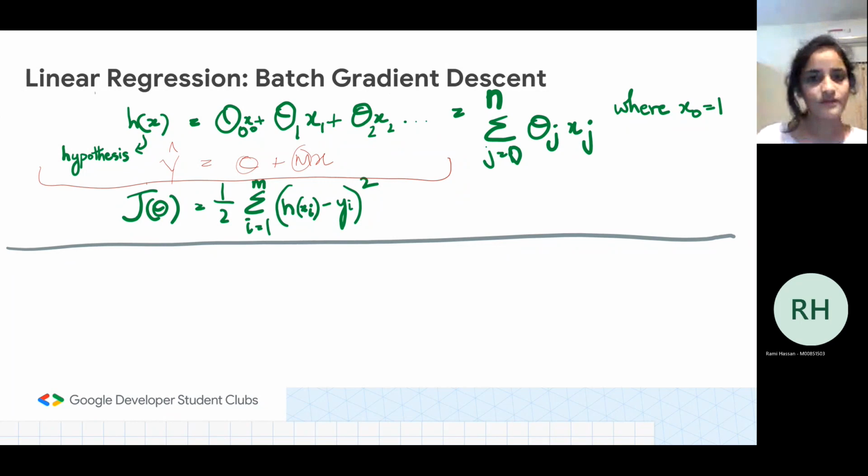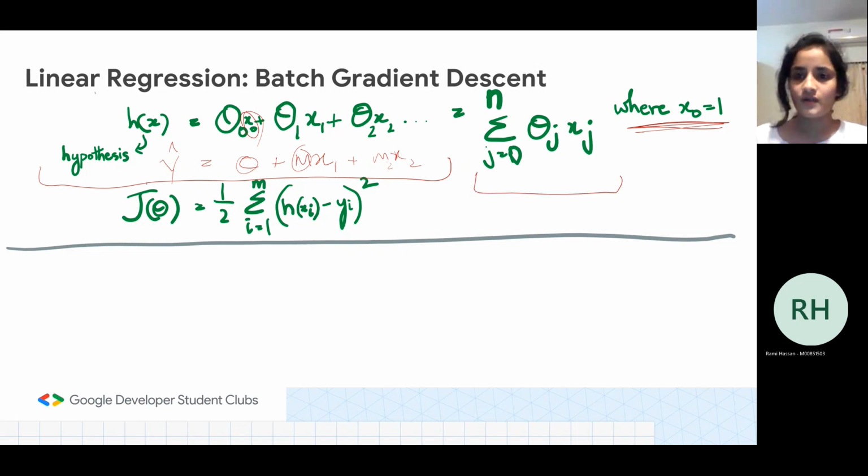So instead of x, it will become x1, x2, x3. So our equation is going to extend to m2, x2, m3, x3, and so on. That's what I wrote up here: theta 0 plus theta 1 x1, theta 2 x2, and so on. You might ask, what is x0? Because the first one, c, is just alone. I just made an assumption over here that x0 is equal to 1 so that I can write it as